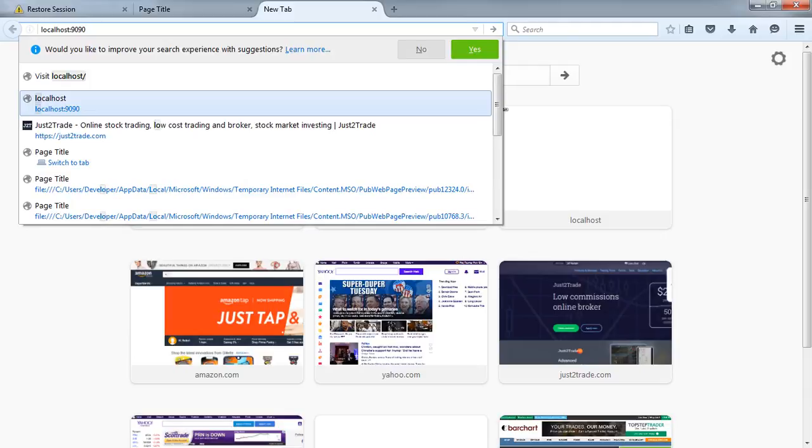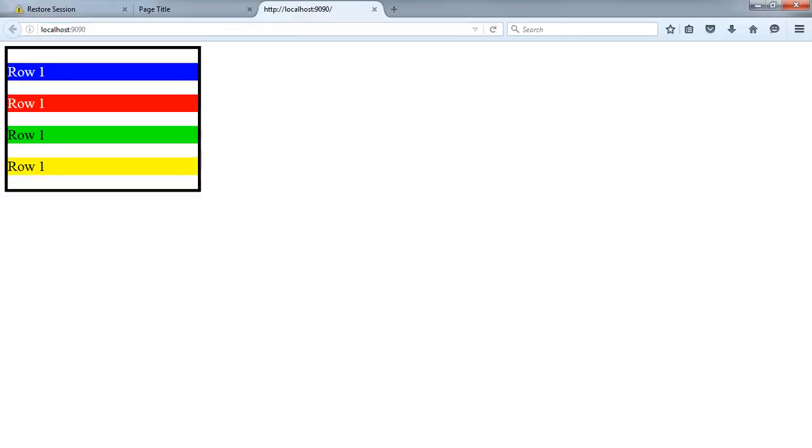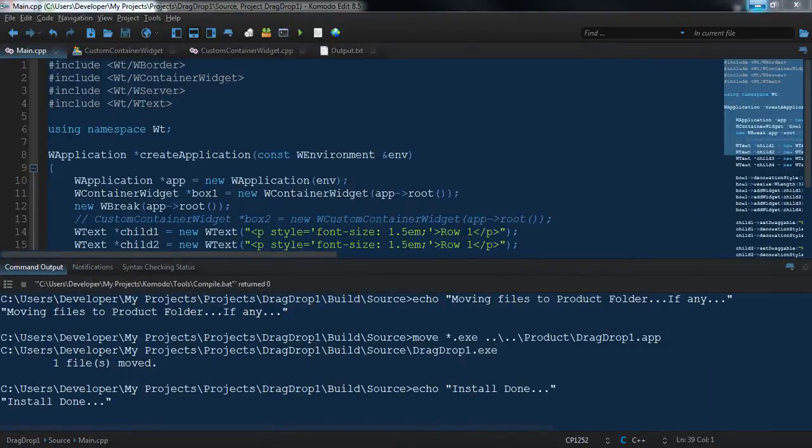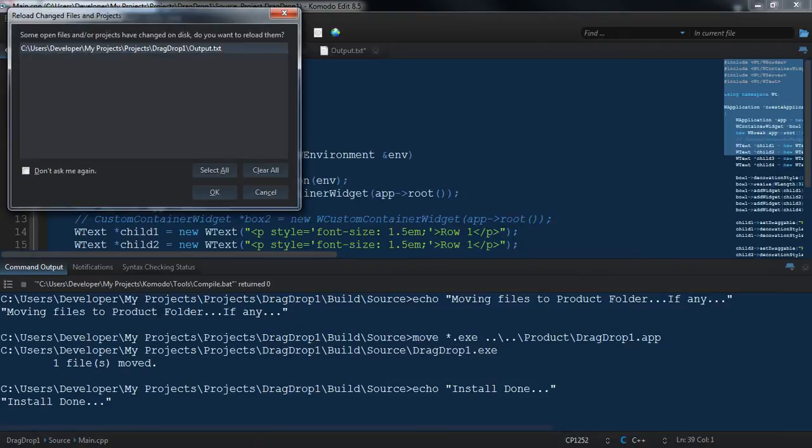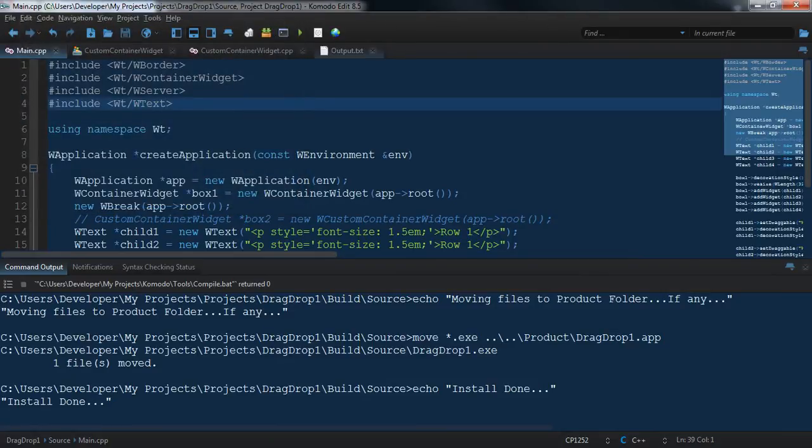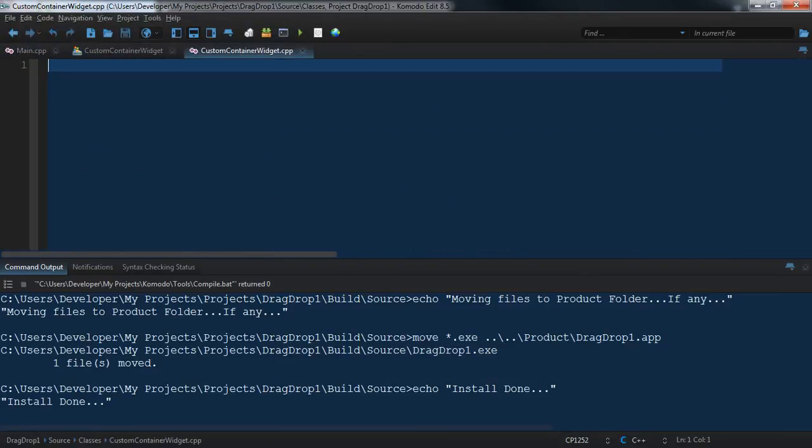Localhost. Actually, I want to show something else. Actually, I'm not even going to use that. Let's use a feature that's already available to us in Komodo Edit. Let's get rid of that. Let's close that. If we go to the preview buffer and browser icon in Komodo Edit,